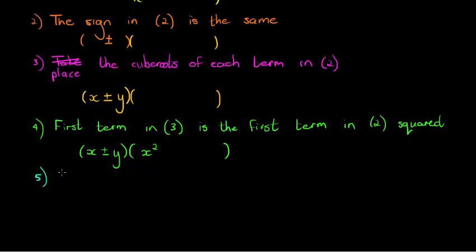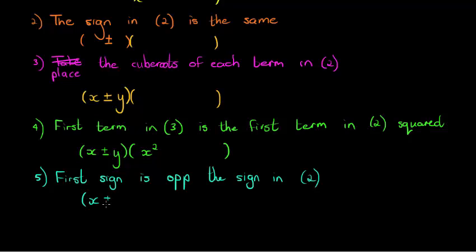Okay, the next step is the first sign is opposite this sign in the smaller bracket. So in other words, this first sign I'm going to get here will be the opposite of whatever sign is in there. So in other words, x plus minus y, this one will be x squared. The first sign now would be opposite. So if this one is a positive, this one would be a negative. This one is a negative, this one would be a positive. So x squared, opposite whatever is there. Okay,